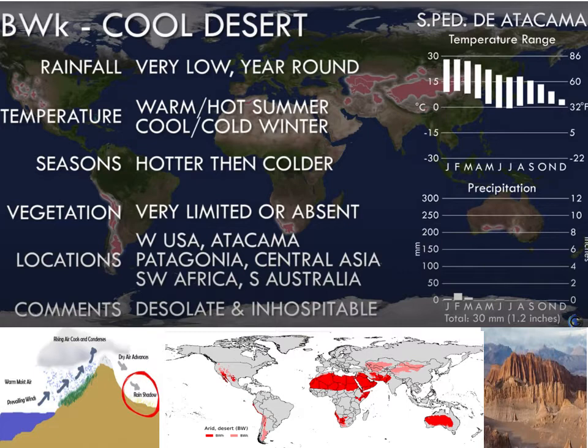So lying deep in the continent, far from the ocean, most of these are far from the oceans, or especially leeward. Like the Western Ghats, when the rain comes from the Arabian Sea, the rain falls on the western side of the Western Ghats. So on the eastern side rain doesn't come, the lee side of the mountain, so that shelters them. So these are rain shadow areas, they will not get much of the rain. So it will be hot and it will be cold, but rain is less. So in these cases, vegetation is also very limited or absent.